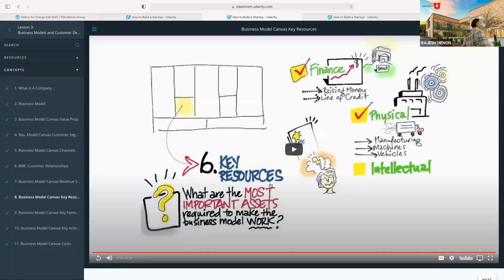Okay, so I think that's pretty self-explanatory. So try to fill it out. So what are the key resources? I mean, there are lots of options here: finance, physical, intellectual, people. I'll let you put some down first. Now, of course, it says a business model, so the business model affects what you're putting down here.